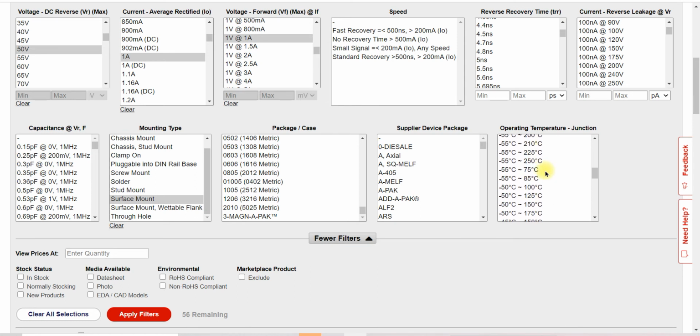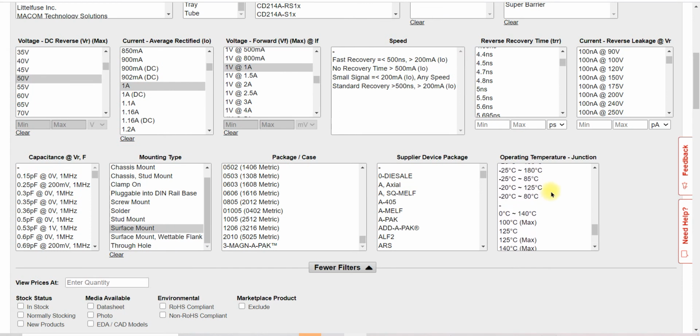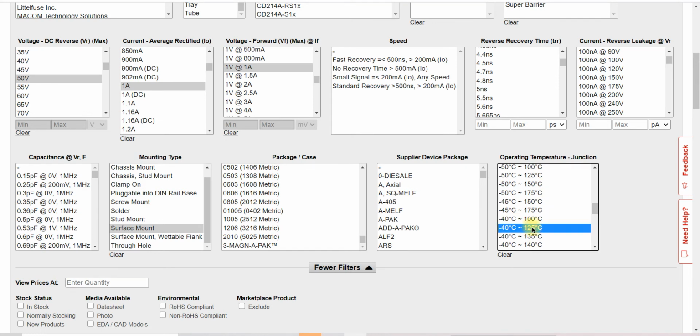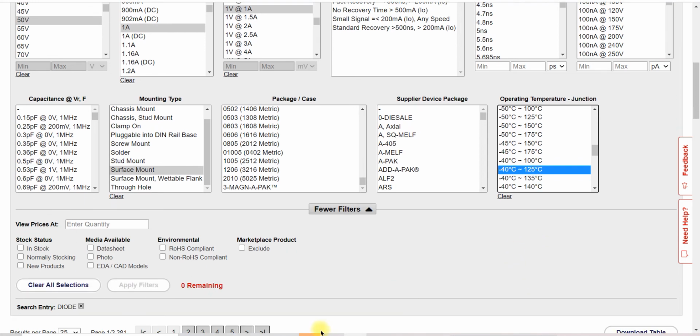Temperature matters. Temperature also matters for which application you want to select the component. For automotive there will be more temperature, for commercial it will be minus 25 to 125 degrees Celsius, or more than that. So this is a simple general temperature range. If it is not showing in this range, you will have to find out the right range.